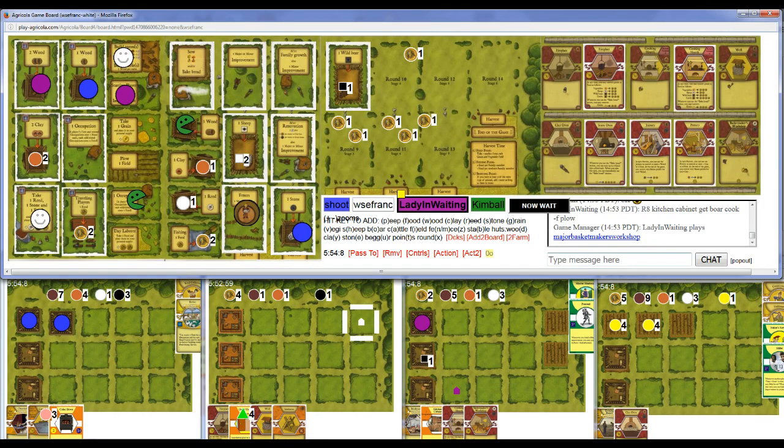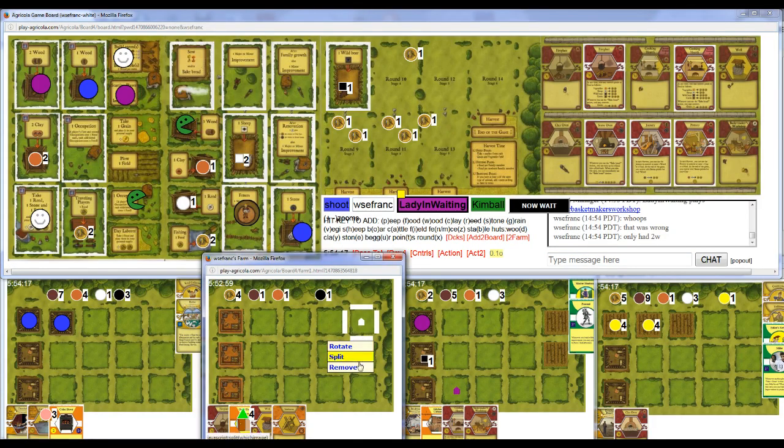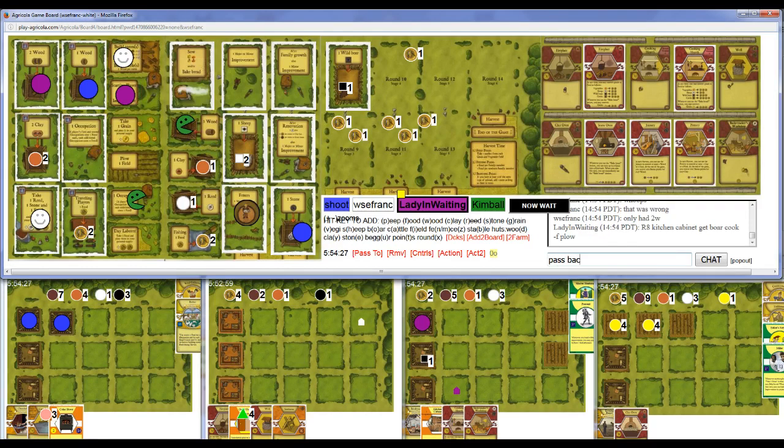Oh wait, whoops. No, that's not how Sawhorse works. Sawhorse would save me 1 if I built 3, but I only had 2 wood. So I'll just ask Lady-in-Waiting to pass back. And I will take 2 sheep, because then I can...